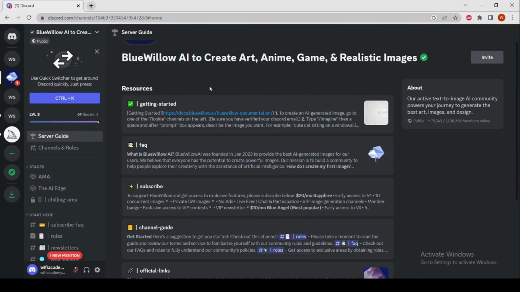If you already have a Discord account, you will be taken into this chat, or if you don't have one, first of all you need to create an account. Now it is very easy to create an image in this. Step 2 is